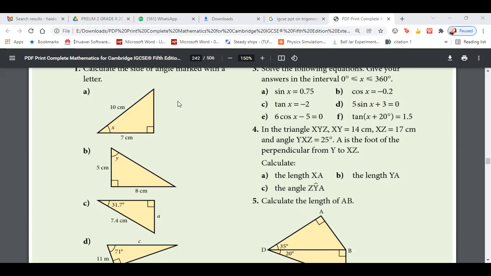Okay. In part B, what formula? Opposite is given, adjacent is given. Which one? Quickly tell me, just be prompt. Tan theta, tan inverse. Okay, what is the answer? Quickly. Guys, hurry. 58.0, right? 58.0. Okay, sir, a question: do we need to write down 58.0 or is 58 fine?